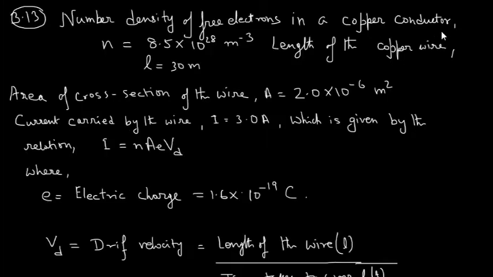Number density of free electrons in a copper conductor n is equal to 8.5 into 10 to the power 28 per meter cube. Length of the copper wire L is equal to 3 meter. Area of cross section of the wire is equal to 2 into 10 to the power minus 6 meter square. Current carried by the wire I is equal to 3 ampere, which is given by the relation I is equal to nAevd. e is electric charge, 1.6 into 10 to the power minus 19 coulomb. vd is drift velocity